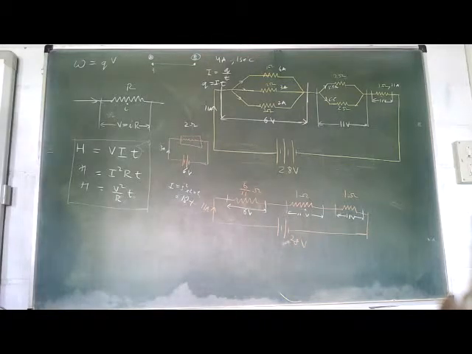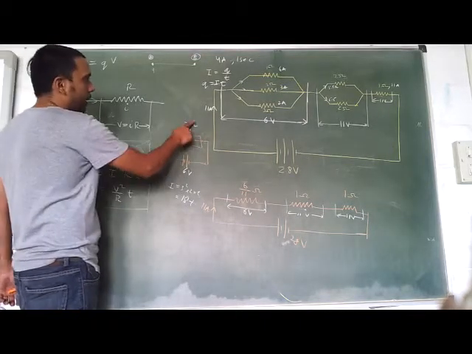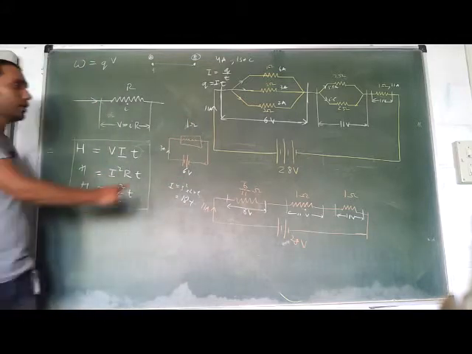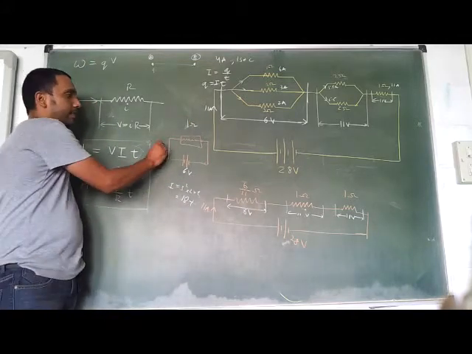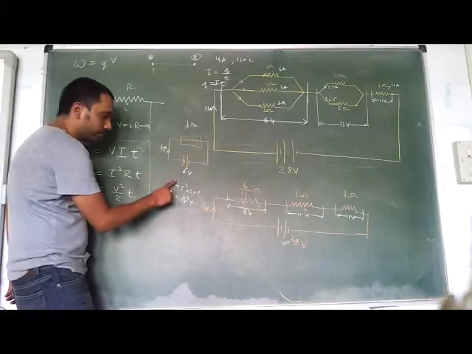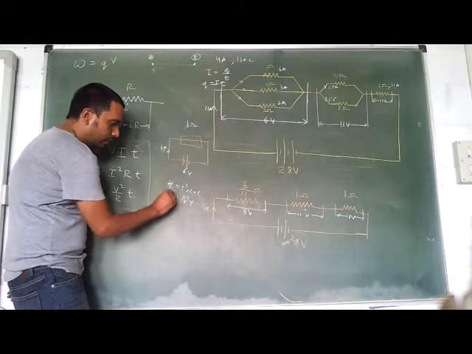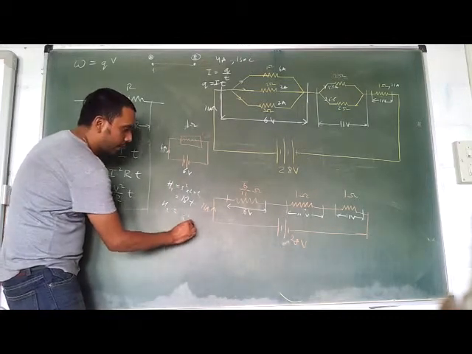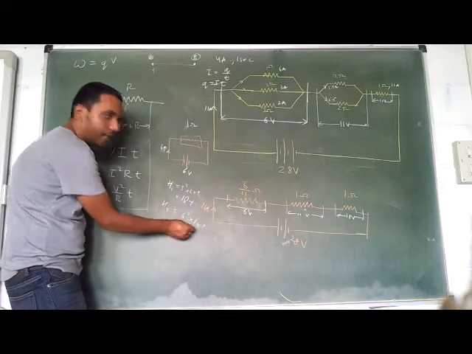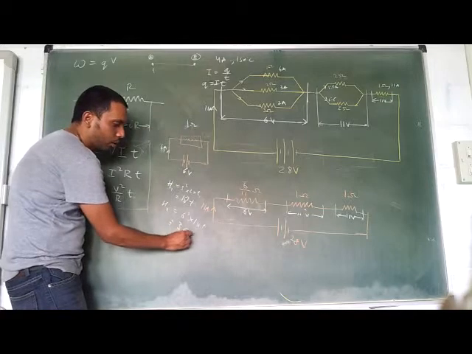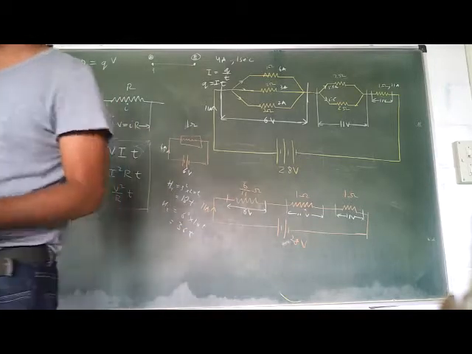Get the point? If I say the same battery but I have a heater which has got 1 ohm resistance, then how much is the current flowing? 6 amperes or not? How much is the heat generated in this case? It is 6 square into 1 into T. R has become less, current has become more. Eventually totally it has become more or not? Square times more.